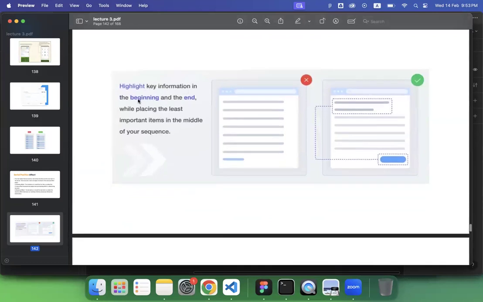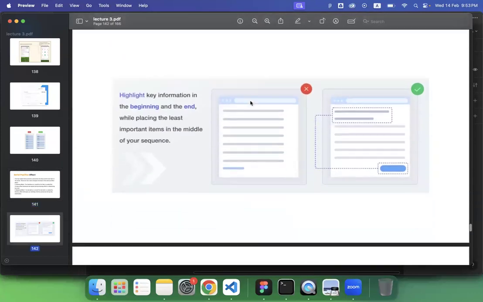Highlight key information in the beginning and the end by placing the least important information items in the middle of your sequence. Okay, so same thing you can follow in the UX as well. So rather than displaying everything in a similar flow, you can place the important information on top and the bottom. So maybe you can create a heading here and give a small description that's not necessary in the middle, and